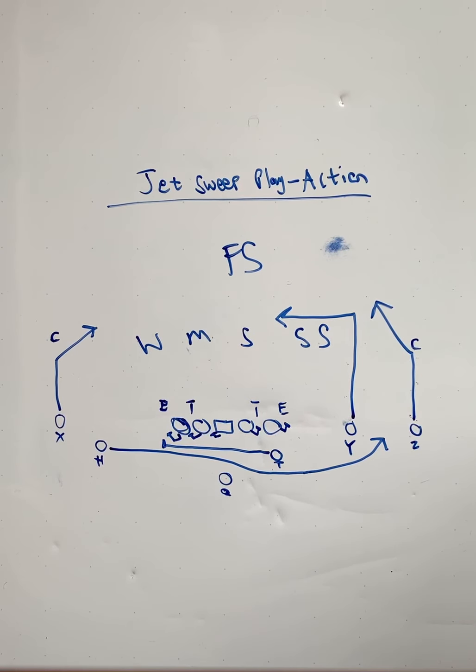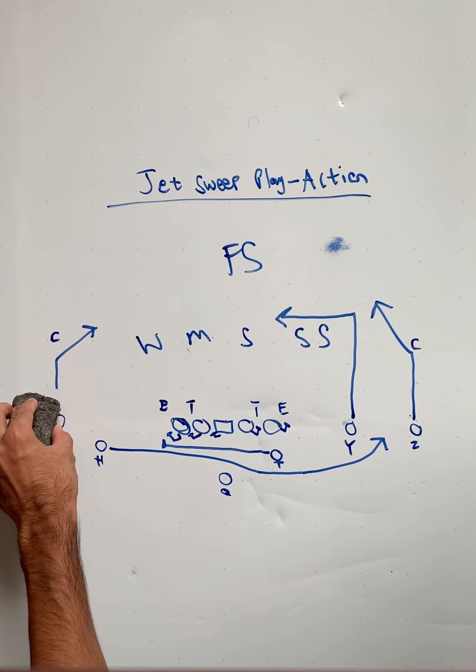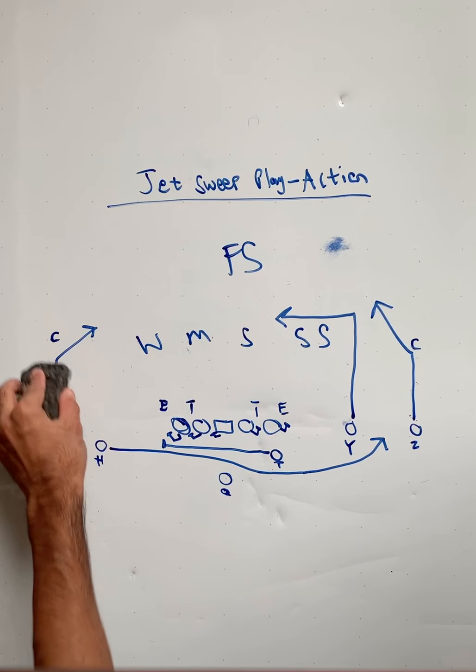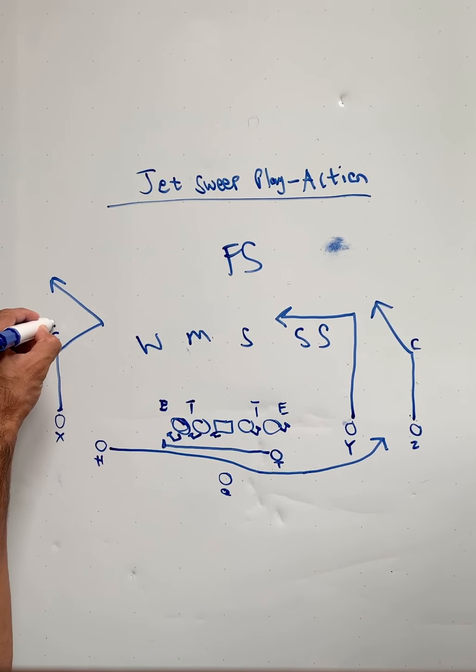All right, and our X is going to be running, you can do a lot of different things with the X here, because what I'm going to talk about is usually when you have a single high safety, you have an 8-man front, this backside receiver, this X, he's going to usually be isolated, which means he's going to be one-on-one. So if we're going to have a one-on-one matchup, and usually the X is the best receiver anyway, you can run something like a double move, like a post corner, or something like maybe a longer stem,